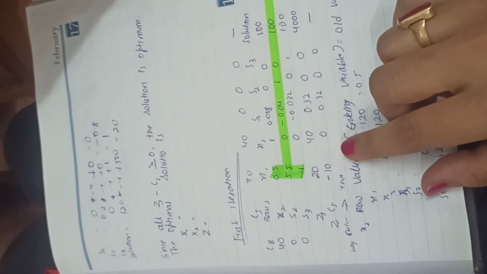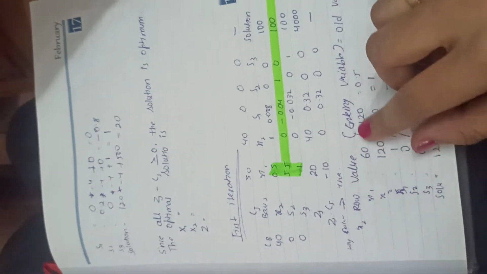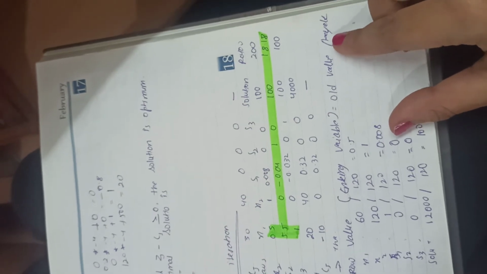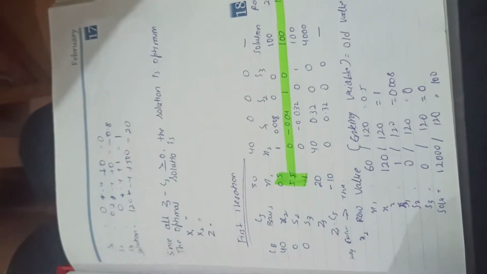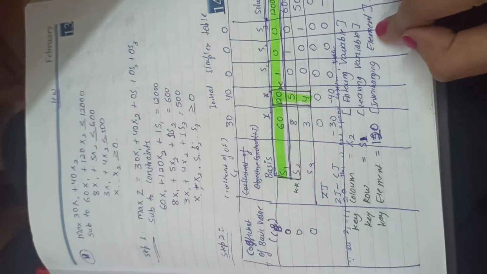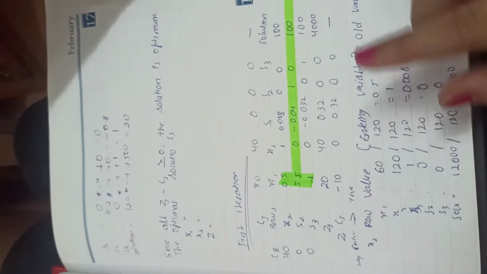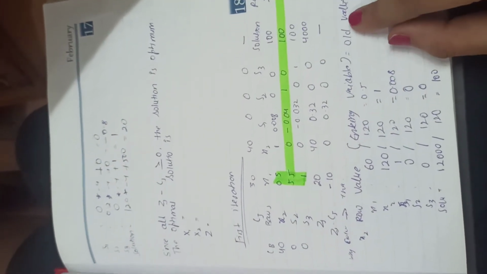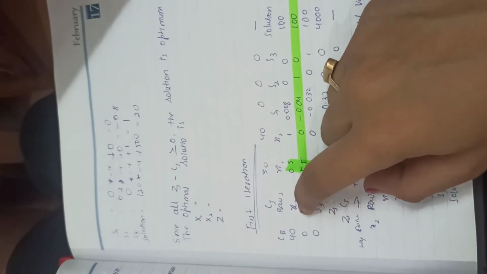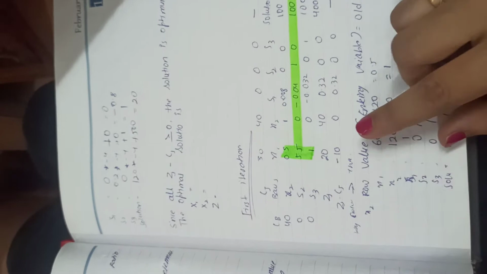Okay, so already I have mentioned X2 is an entering variable, right? We just found it. So its formula is old value divided by key element. Okay, we found the key element right here, that is the point of intersection, right? So this is 120. Okay, now we put that in the formula. Old value is nothing but the value of S1, which we have now replaced with X2, right? So we will write the value of